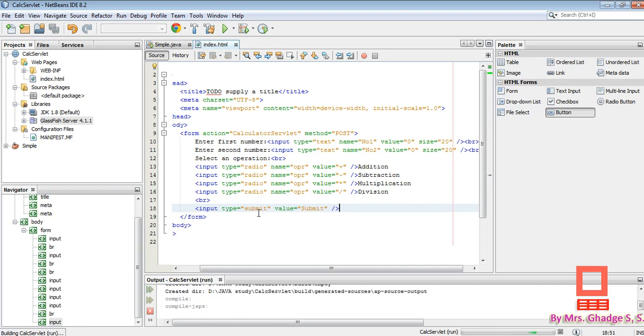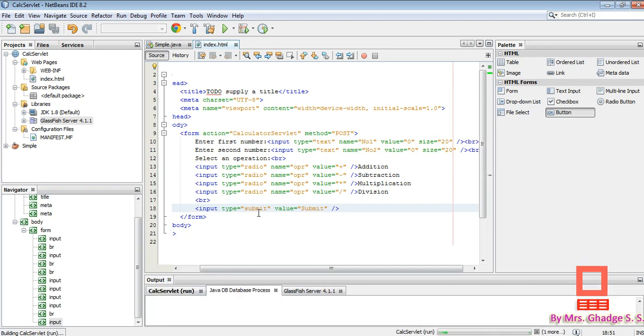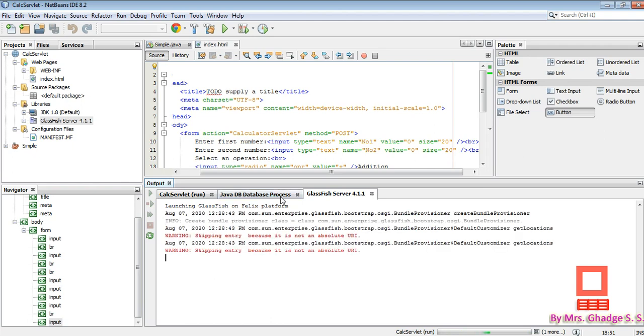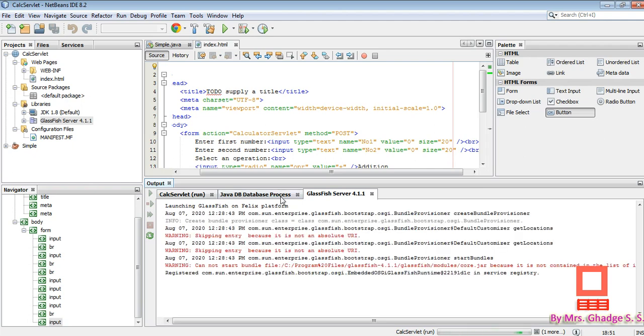So when you are running it first time, then it will automatically start the Glassfish server. You can observe here that Glassfish server is started. Okay, so it will first start your Glassfish server and then run the application.